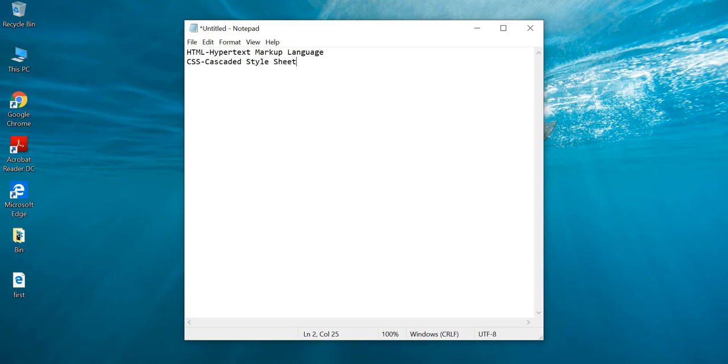Means how the background color will be, and many more attributes. We will see that in a future video. And then JavaScript. JavaScript's functionality is to add functionality to the HTML page, such as how you can connect with the database and all.